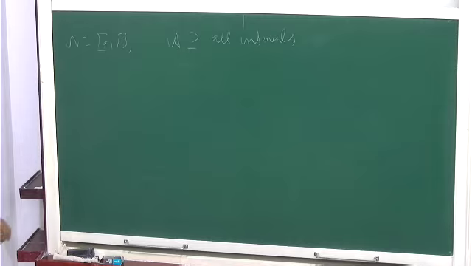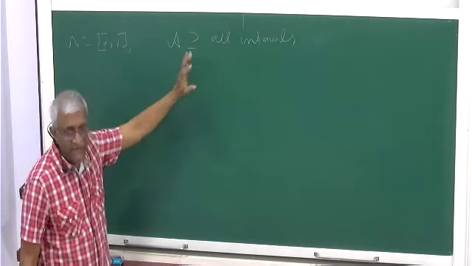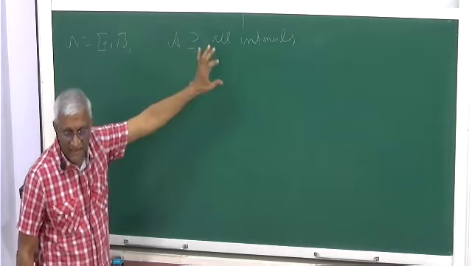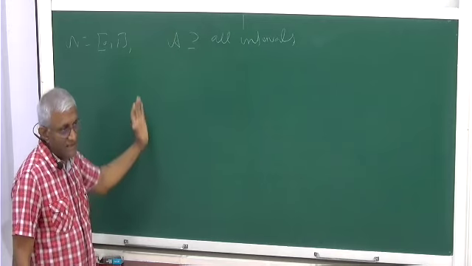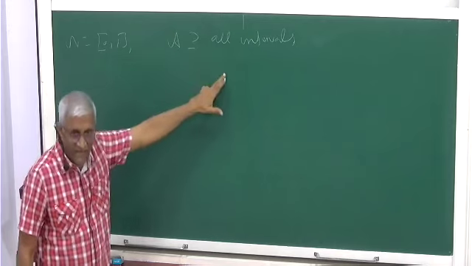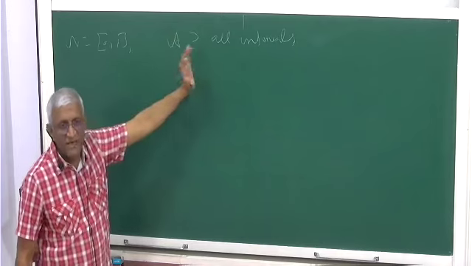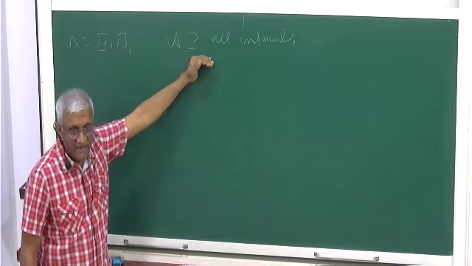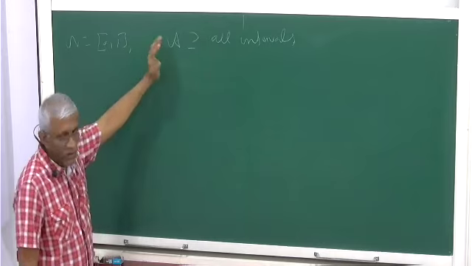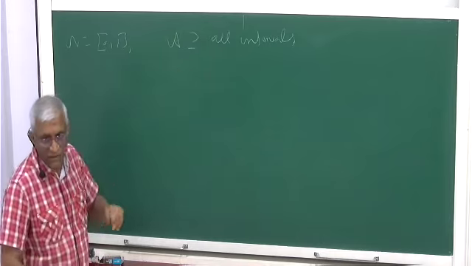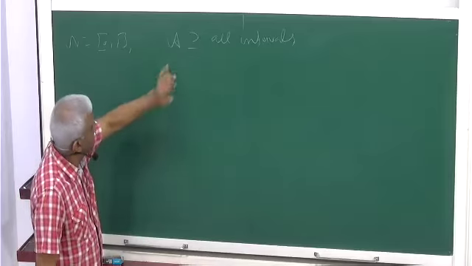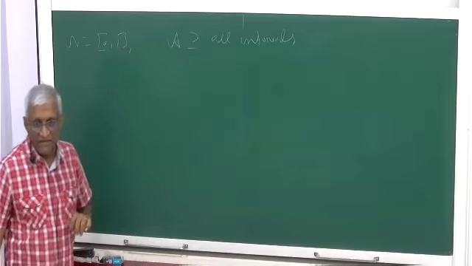There exists a sigma algebra containing intervals, so you can take the intersection of all sigma algebras containing the intervals. That will give you a sigma algebra. That is what the generated sigma algebra is: the smallest sigma algebra which contains all the intervals, usually called the Borel sigma algebra. We will not need all those things. We will just work with intervals. We assume that there exists a sigma algebra where all intervals are there.